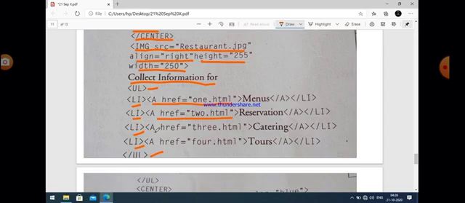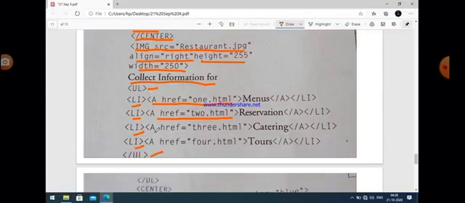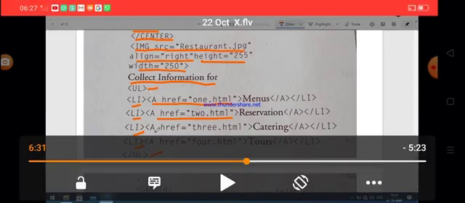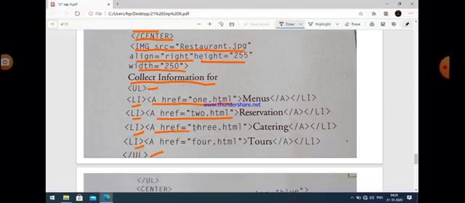After clicking on menus, the web page that will open is 1.html. After clicking on reservation, the web page that will open is 2.html. Just like that, after clicking on catering, the web page that will open is 3.html. And when we click on tours, the web page that will open is 4.html. Okay, so these are defined within the li tag.